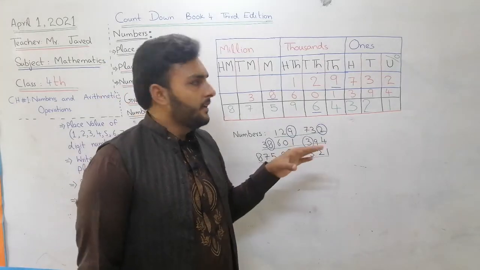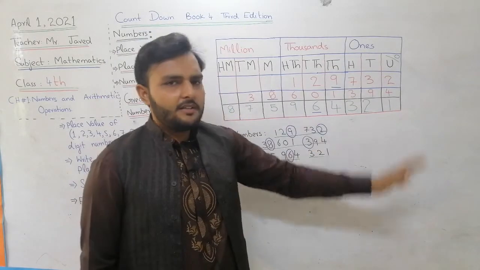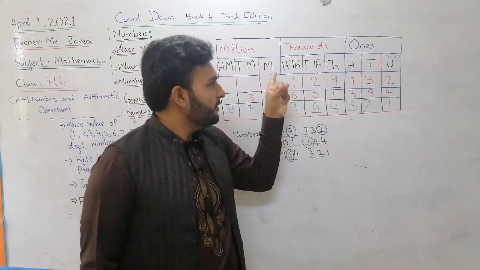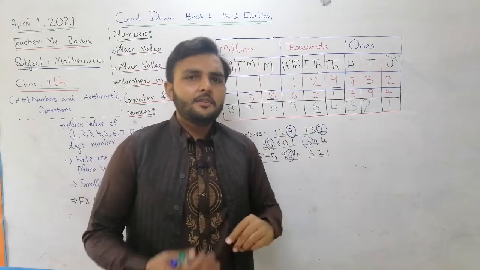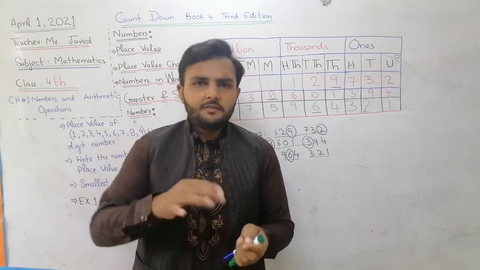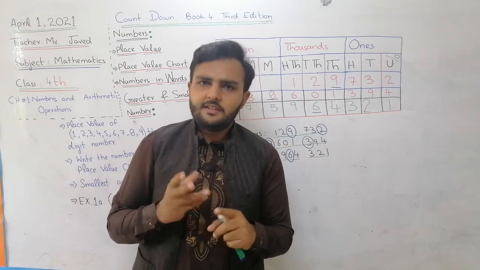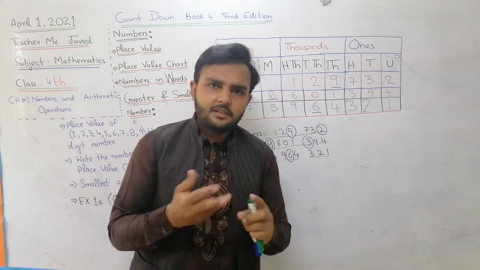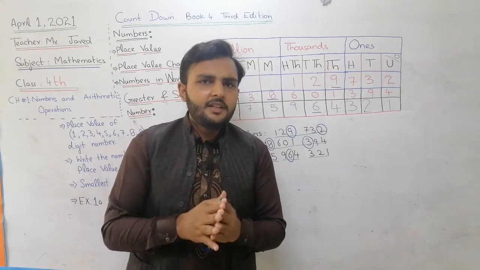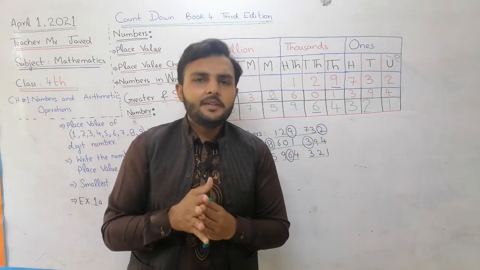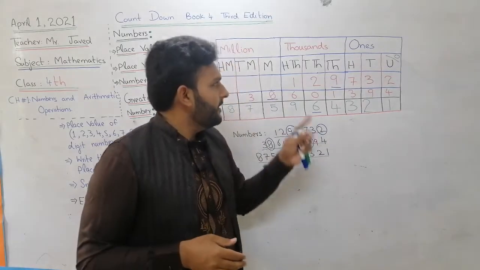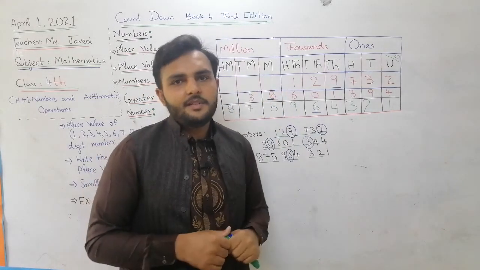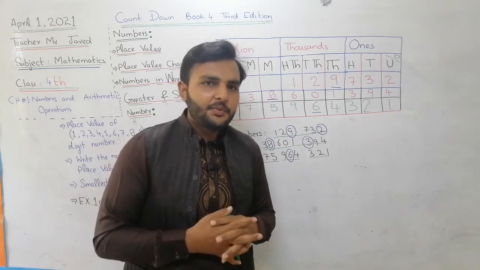I will just summarize what I said. First of all, you have to learn the table, draw the table. Then what will you do? Unit, 10, 100, 1000, 10,000, 100,000, million, 10 million, 100 million. You will write these, basically 9. The first 3 are unit, 10, 100. And after 100 there will be 1000. After 1000, 10,000. After 10,000, 100,000. After 100,000, there will be a million. Then 10 million, and after 10 million will be 100 million, like this. Hope you will understand.